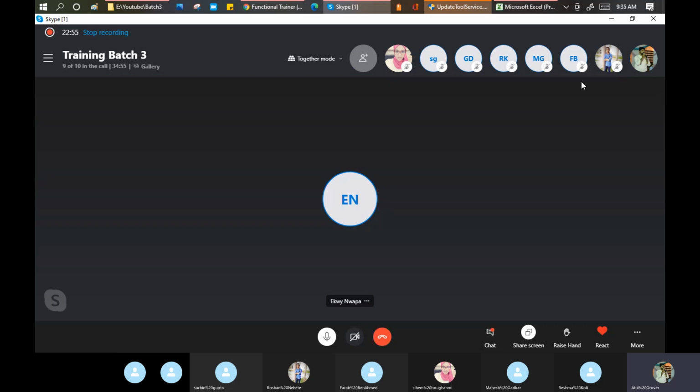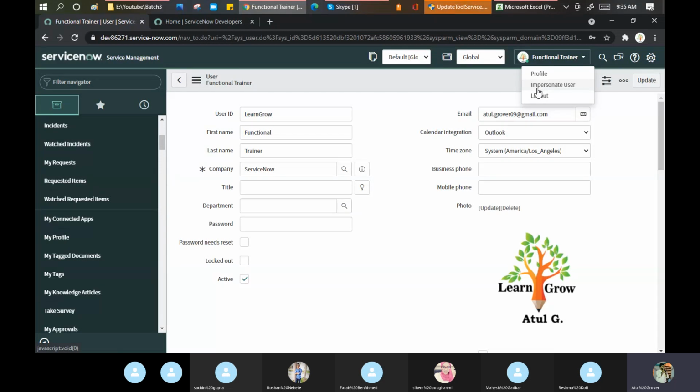What he or she is doing is acting on behalf of the teacher, even though he or she is not actually the teacher, just a monitor. They impersonate that person and behave like a teacher, and the complete class listens to him or her at that time. Otherwise, she will put a complaint to the teacher. So impersonation says that I can impersonate any user and see how things look to the other person.